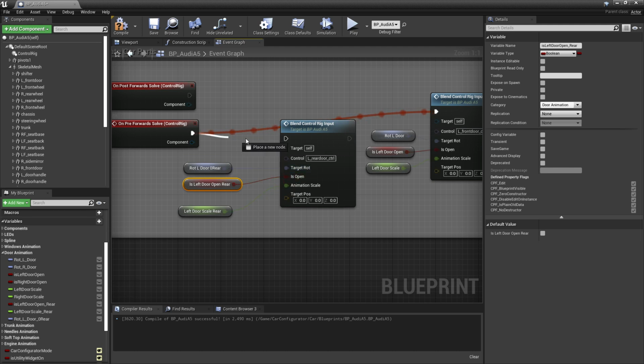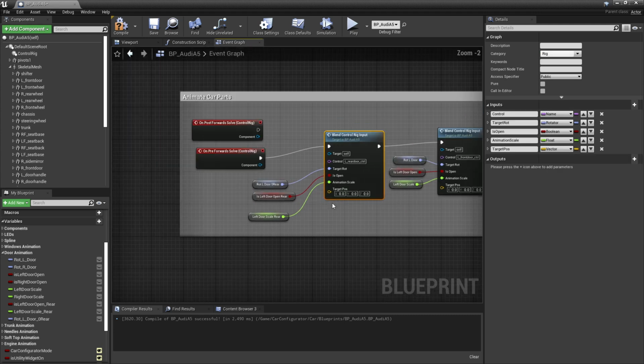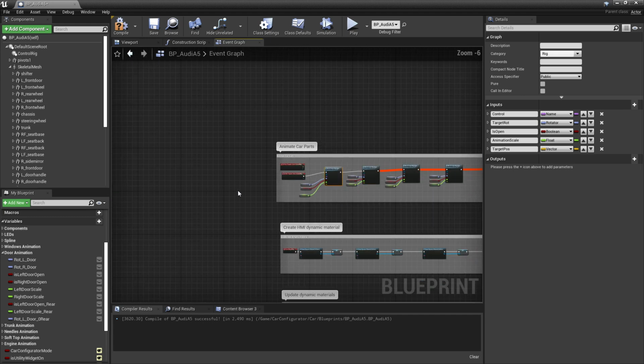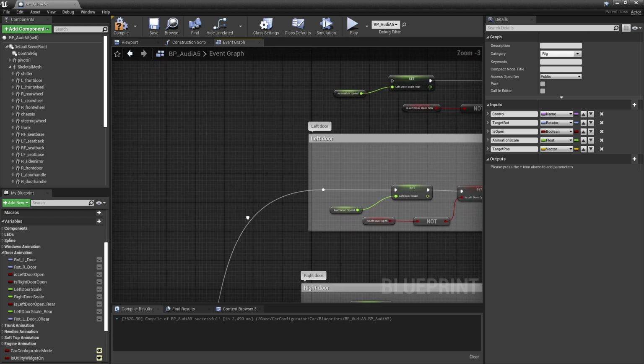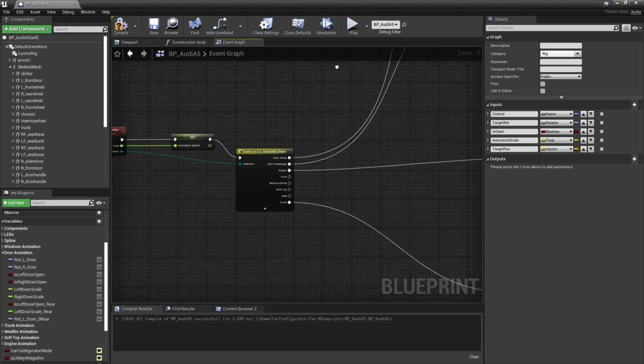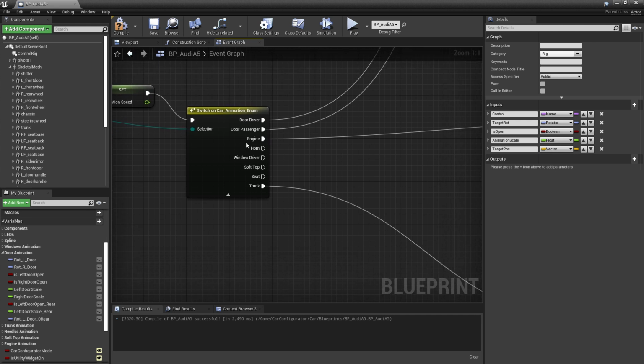So now if we just put this into the path so that they execute as it kind of flows through, we should be set with that. So the final thing that we need to do now is go ahead and have the execution of this get triggered. You can see the trigger down here is being driven by this switch. So we need to add a new enumerator into this switch for the rear door.